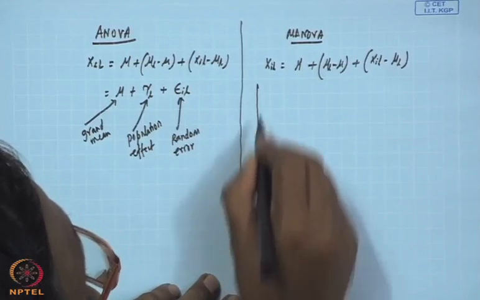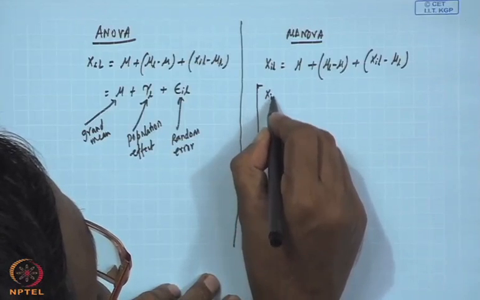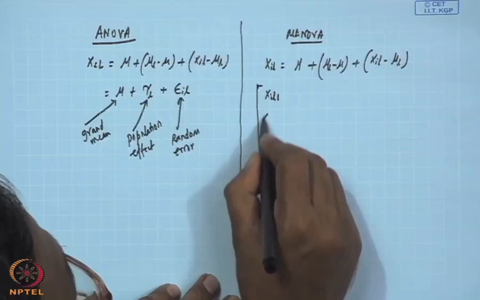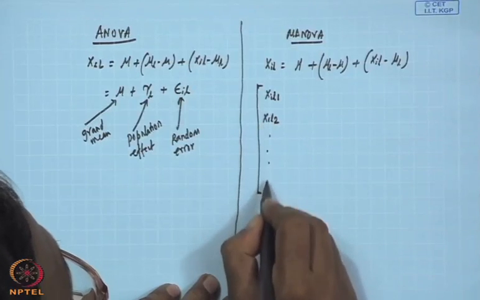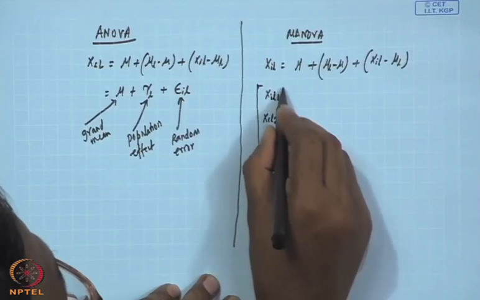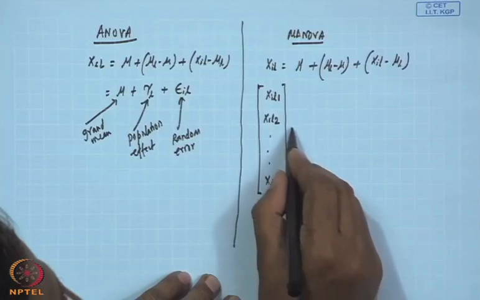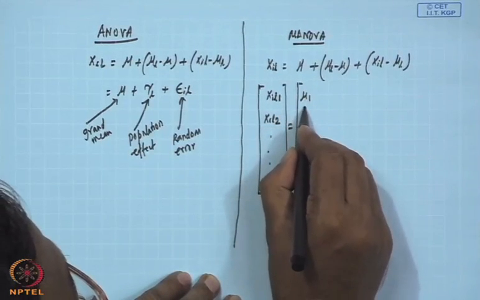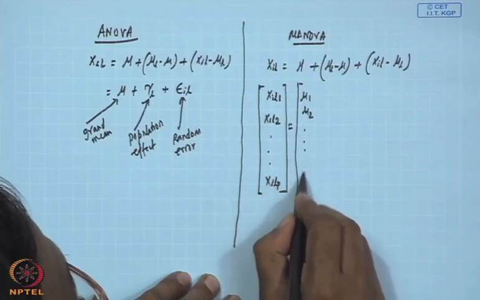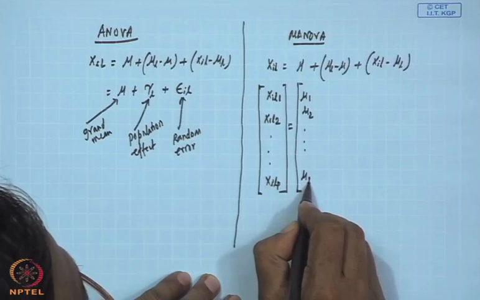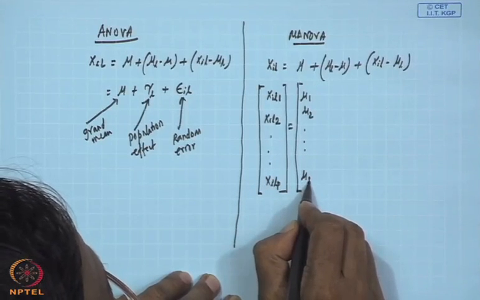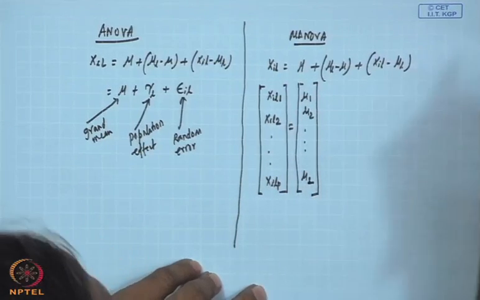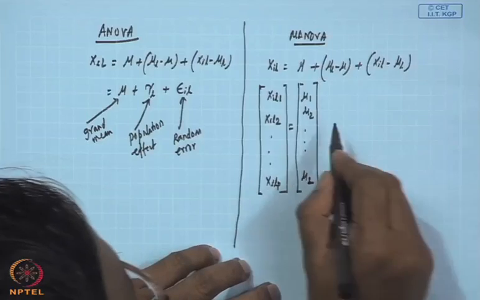We have seen that XIL is XIL1, XIL2, up to XILp, p variables are there, which is equal to mu 1, mu 2, and so on, that is the grand mean case, plus